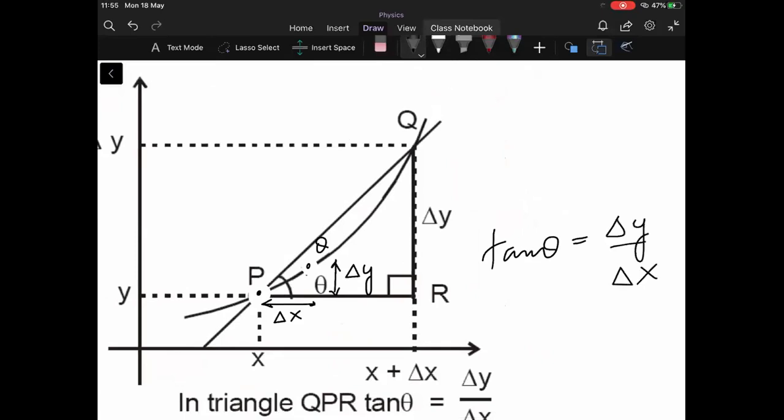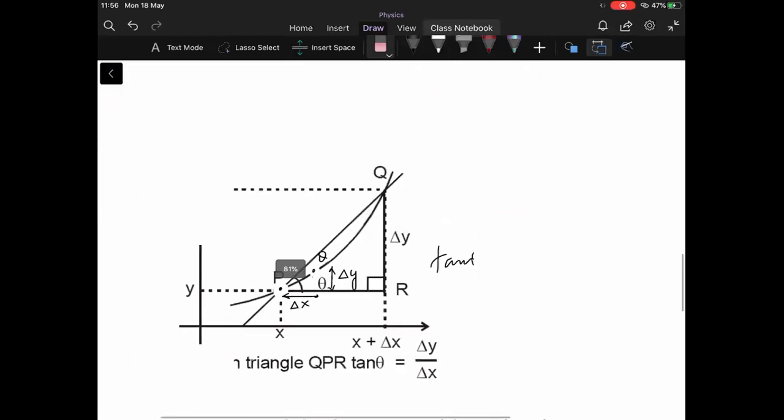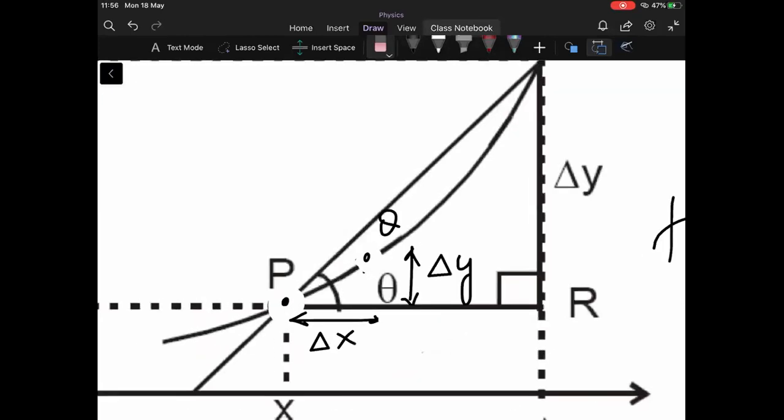Now this value will be very close to the true value as compared to the earlier value. In what we did earlier, the angle we had was from this bigger triangle. Yes or no? And that was not the exact value of the slope. But now if I look in a smaller triangle, in this small one, it is very close to the true value.